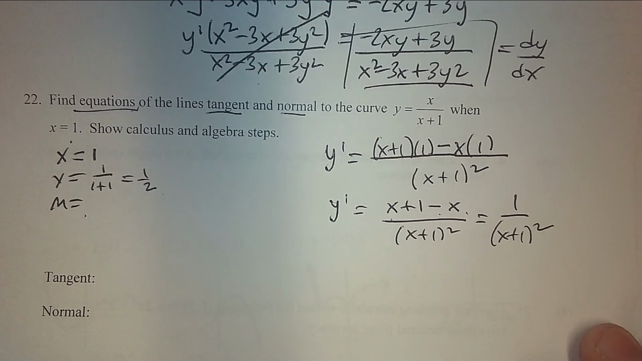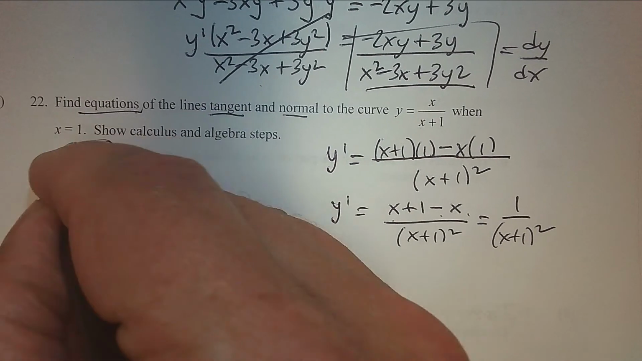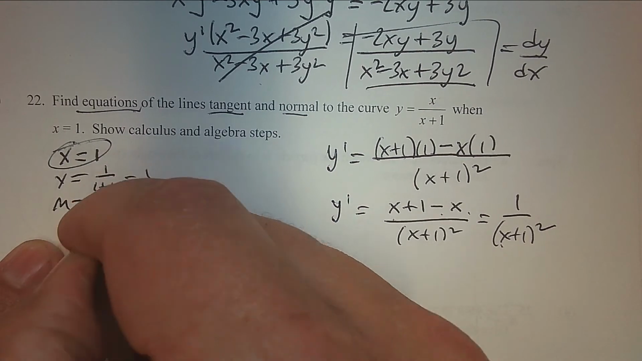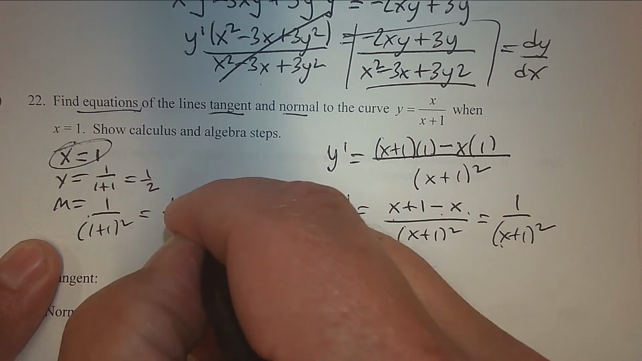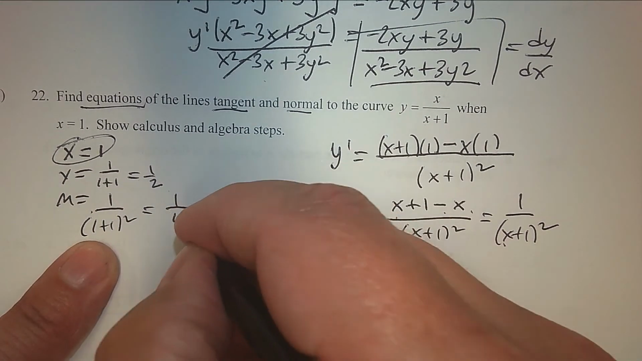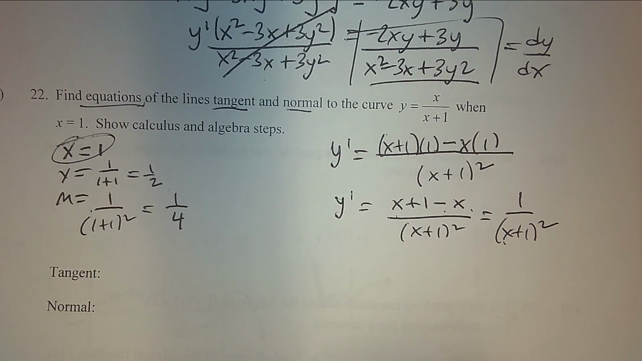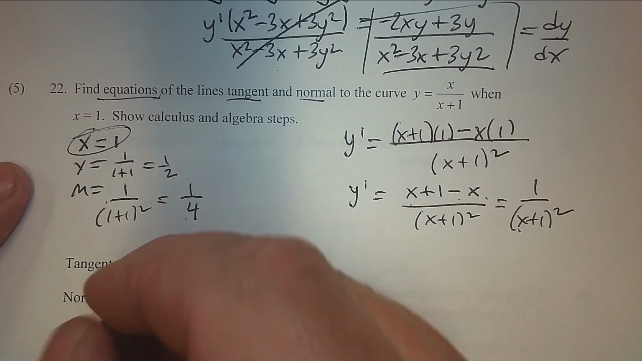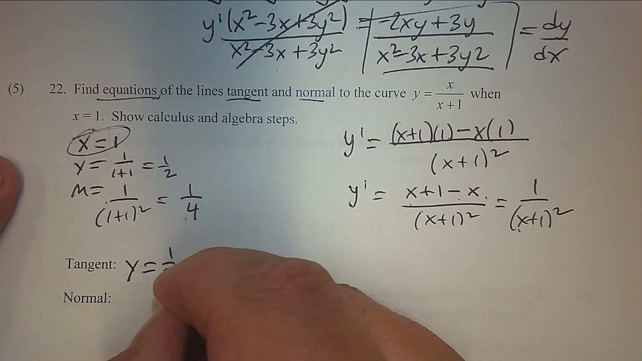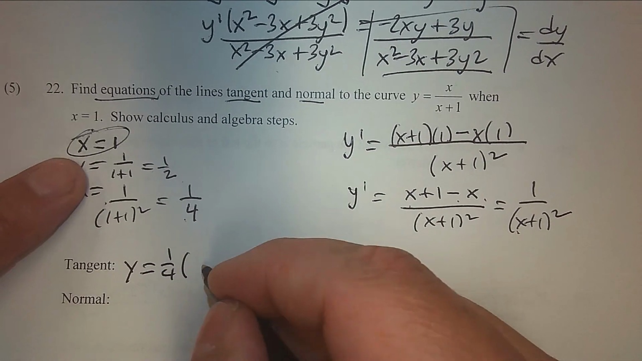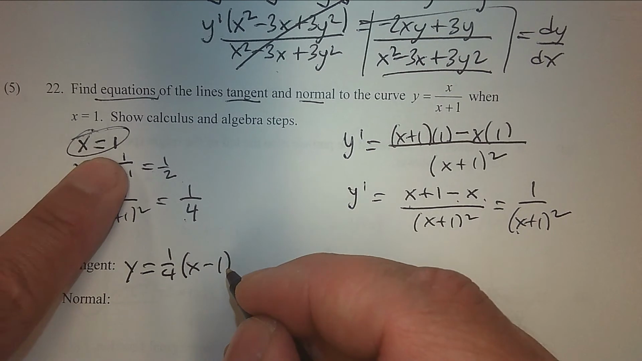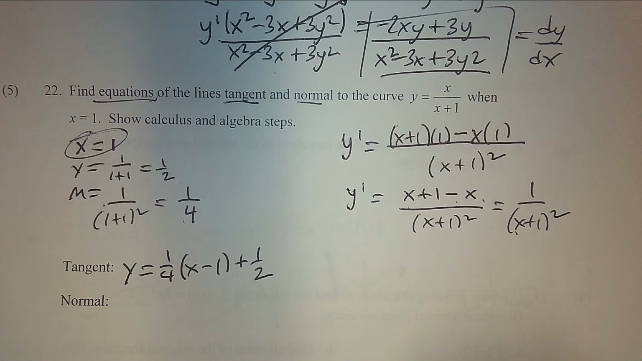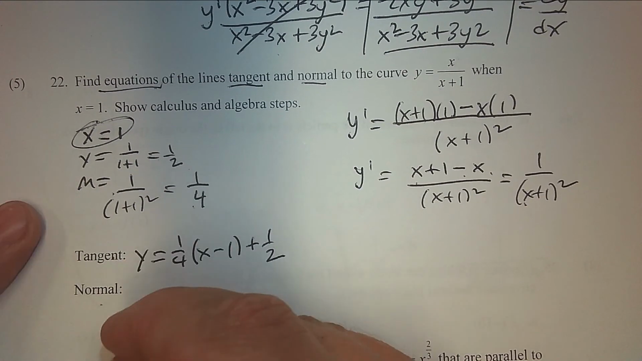So to find the slope, I use the x value. So when you plug in 1 for x, what do you end up with? Is you get 1 plus 1, which is 2, and you square it, and you get 1/4. These are the numbers I'm going to use. Tangent, I use what I see. 1/4 is the slope, and then you change the sign for x, keep the sign for y. Done. The only difference between tangent and normal is that they are